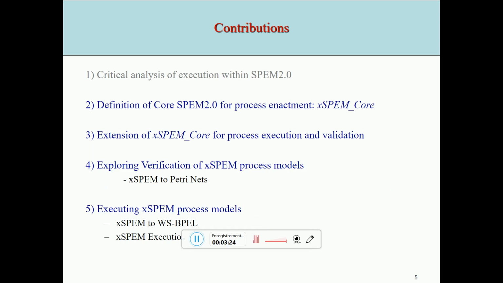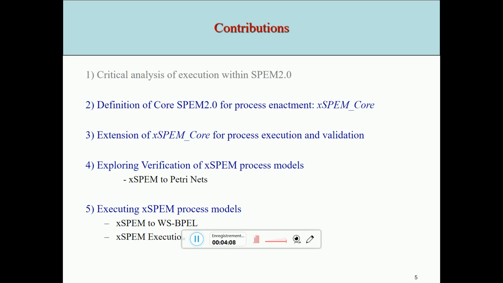So, what we contributed in this paper, I'm not going to enter into the details. We won't have time, and I'm sure you have so much interesting stuff to see at the conference. But to highlight, the main contributions were first giving a critical analysis of SPEM2. We identified some issues with the standard. The second contribution was about defining what we call core SPEM in order to allow process enactment. We call this package xSPEM core, for executable software process models.